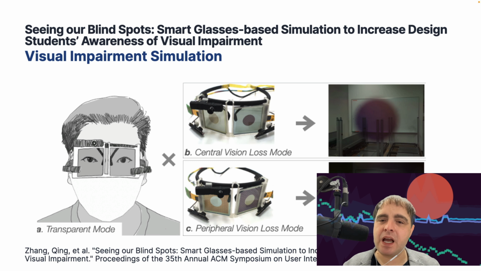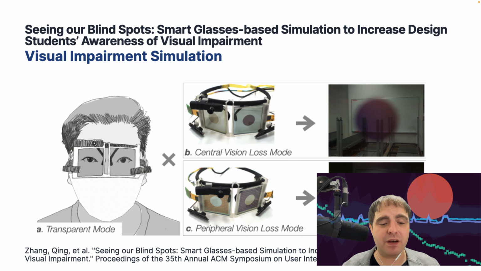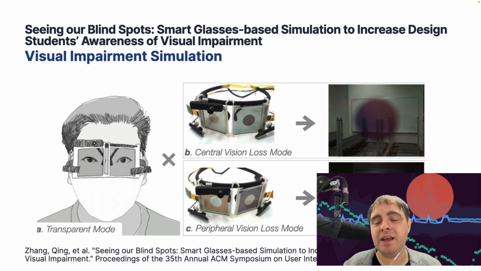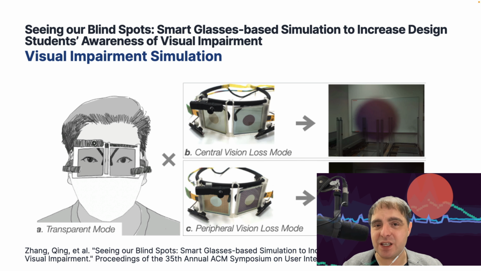However, what we can do with a system like that is, you can do accessibility walkthroughs. You can simulate a specific visual impairment and then check that, for example, a building is okay to walk through having a certain visual impairment. So can people still read the signs? Can they see where they're supposed to go if part of your central vision is blocked, part of your peripheral vision is blocked? So for that, it's actually useful.